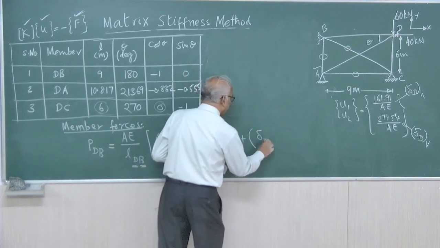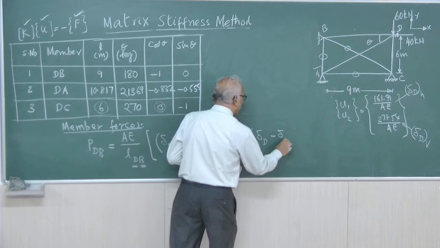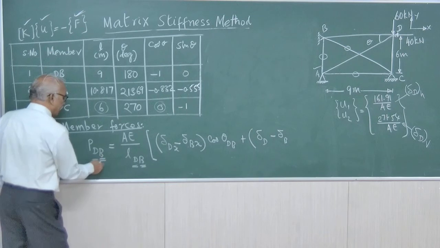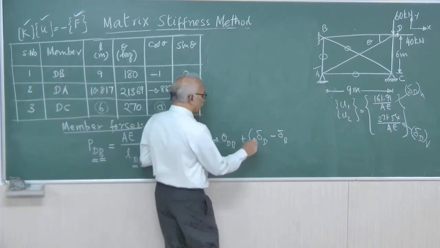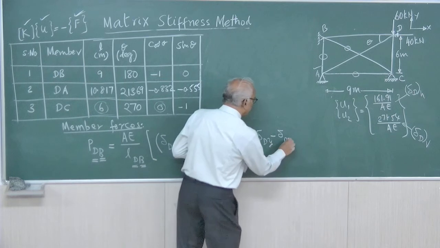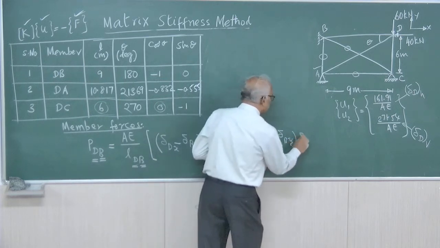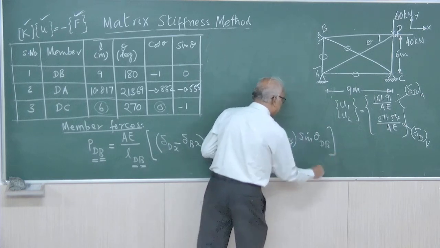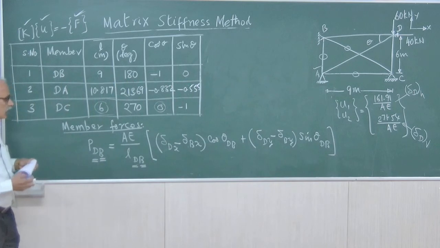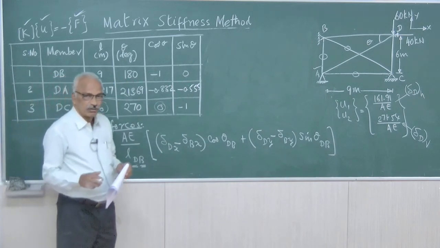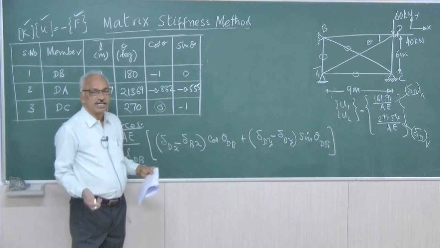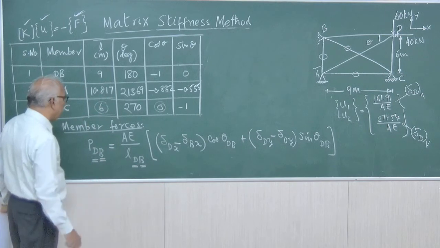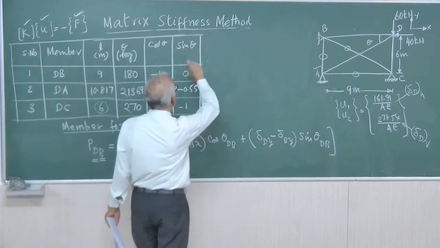delta D minus delta B in the same order. First D, second B. First x direction, then y direction. Delta D in the y direction, delta B in the y direction, into sin theta dB. Same order. So that is the equation. This equation initially will look like a difficult equation, but that is not the case. That is why I am writing in parallel, mentioning each term.